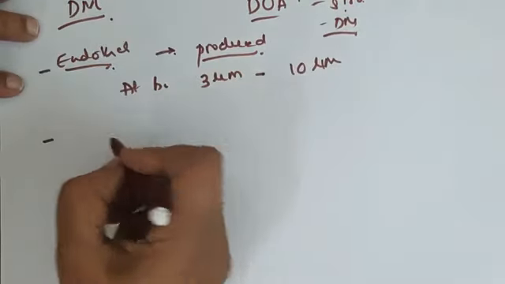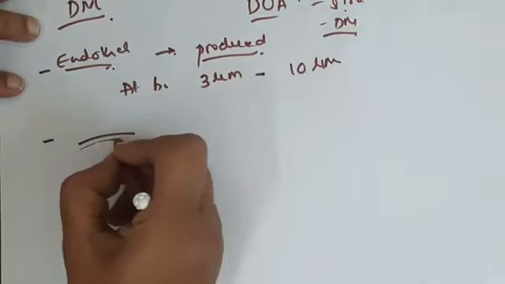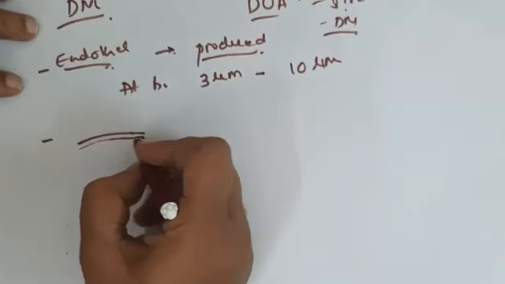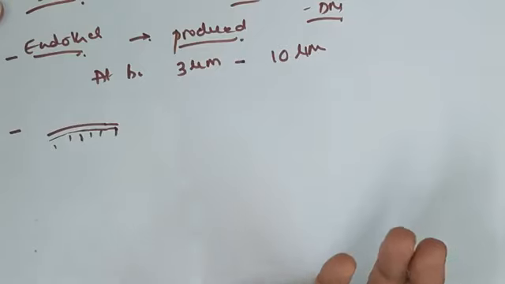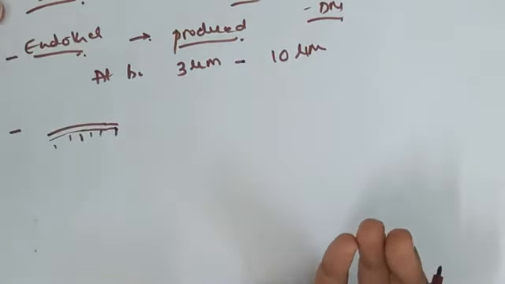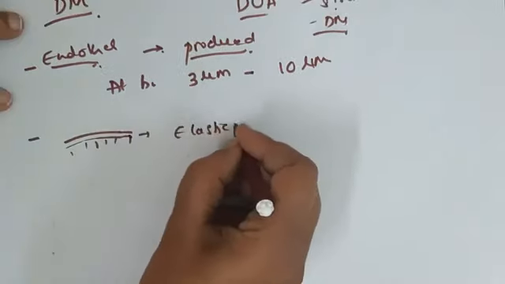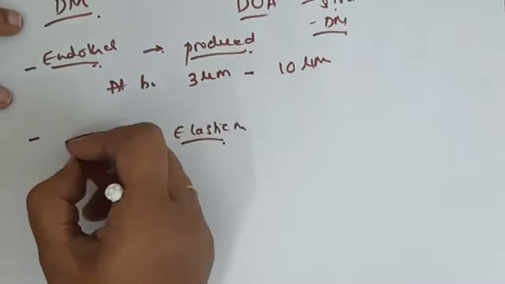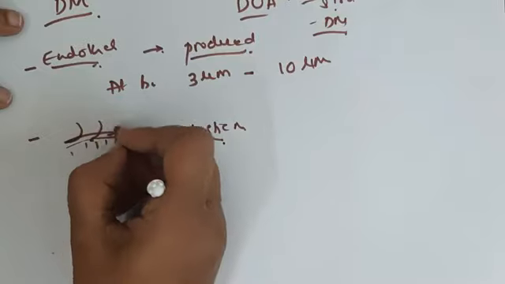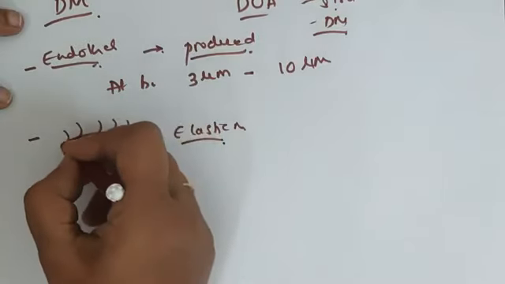It doesn't adhere firmly to the stroma. Okay, so it is loosely attached to the stroma, hence it is easily dissected in our surgical procedure. It is easily detached when you are doing the surgery for cataract also. There is no elastic material here, but still whenever there is injury to the Descemet's membrane, it will curl inwards towards the stroma. Okay, so that you can appreciate in the slit lamp